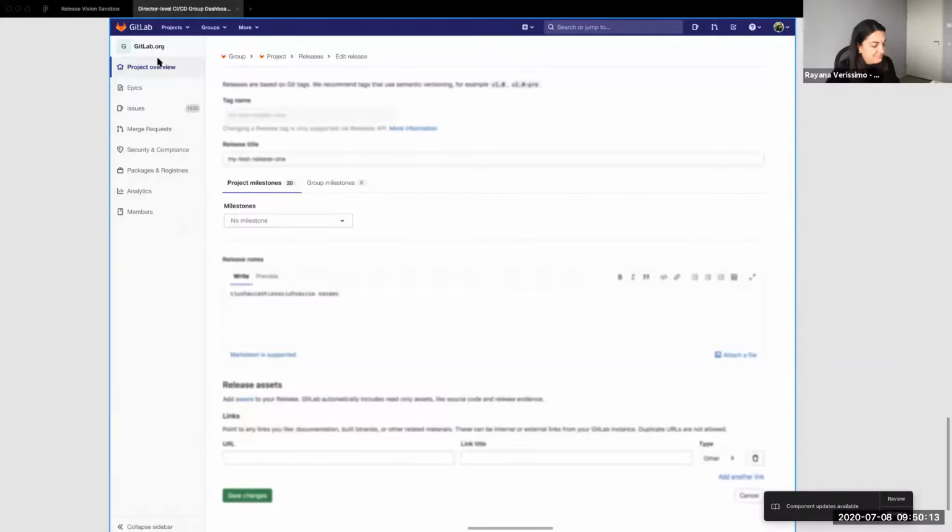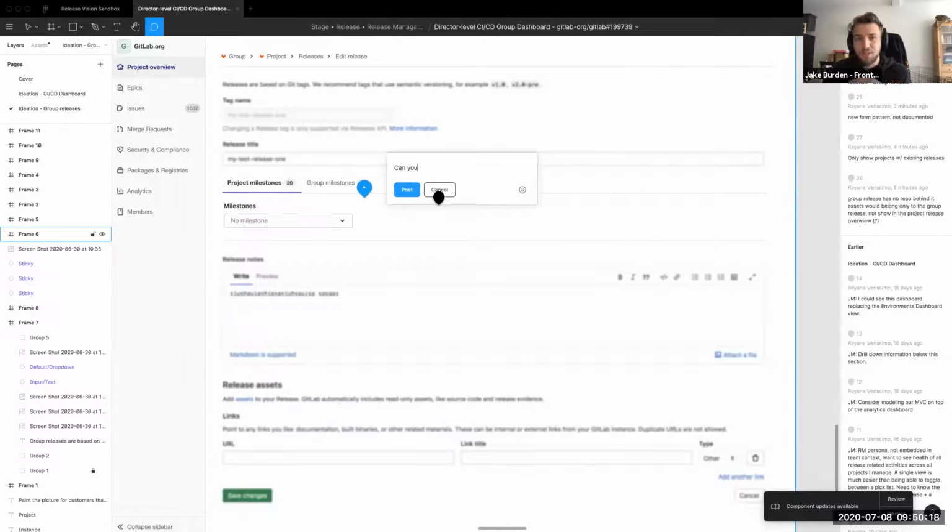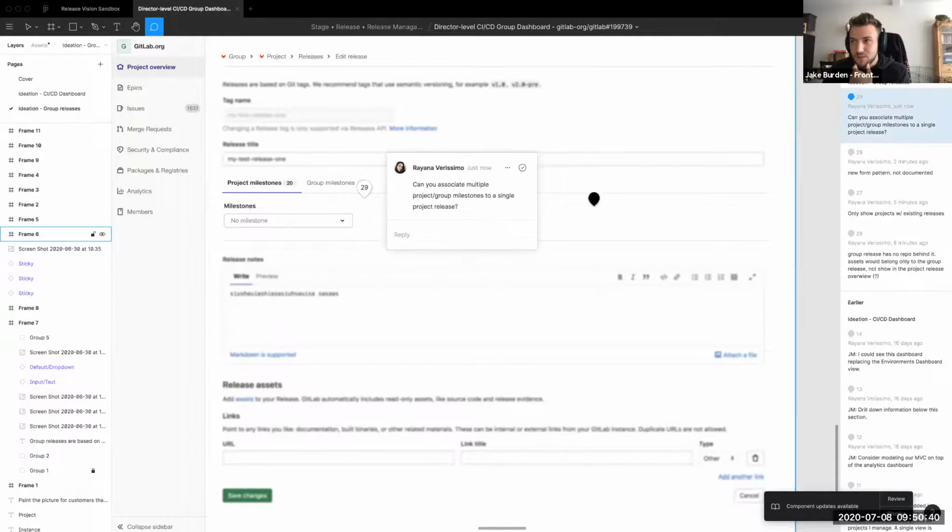I mean, when I saw this UI, that was something I was thinking about, if I was in a user's shoes: is this asking me to pick one or the other, or enabling me to pick both? In terms of project milestones or group milestones, or both project and group milestones. And I think it's just a question of what our intent is with this component